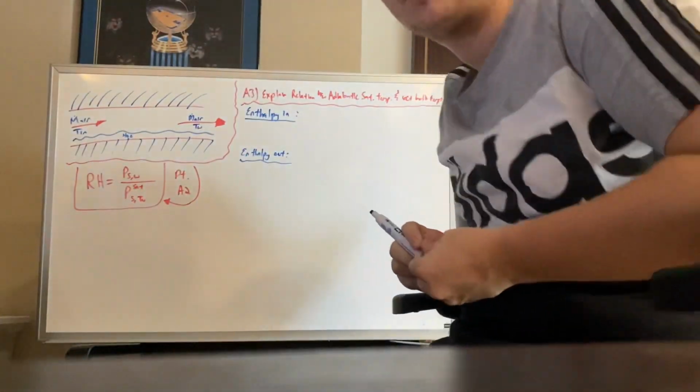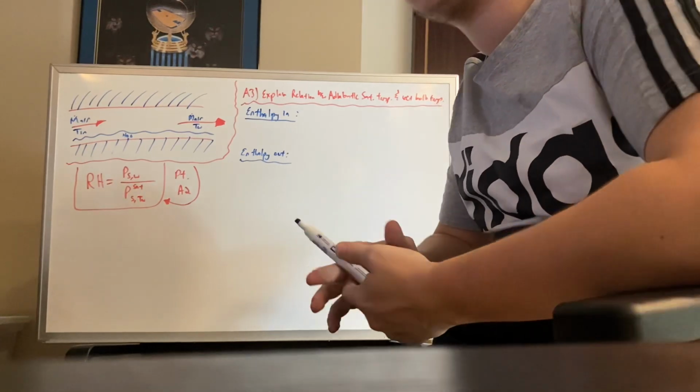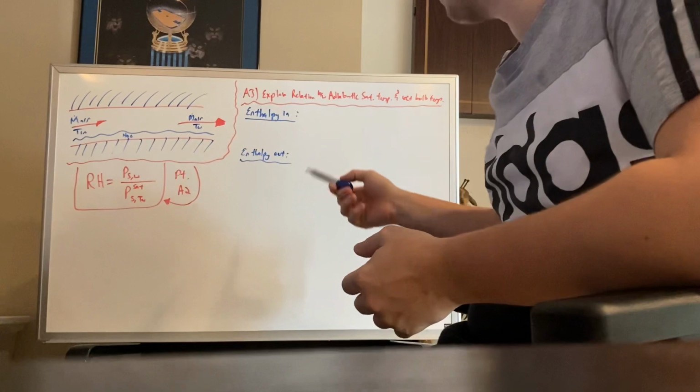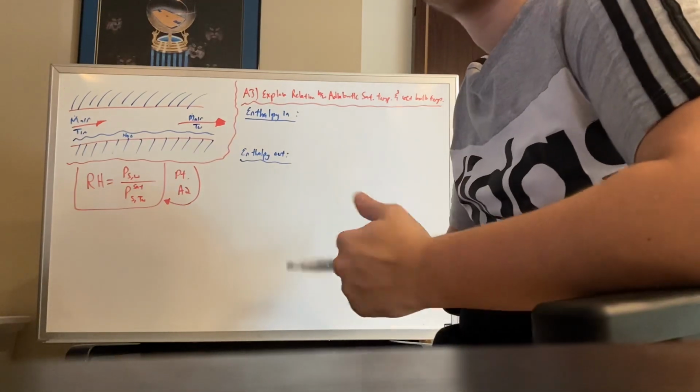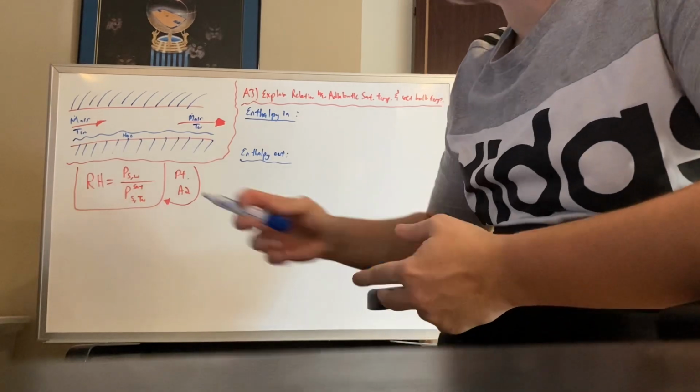Hi, and welcome to part 3 of exam 3 for Dr. Koh's transport exam. In this part, we're going to be looking through and explaining the relationship between the adiabatic saturation temperature and the wet bulb temperature based on the information that we've calculated in part 1, which is the